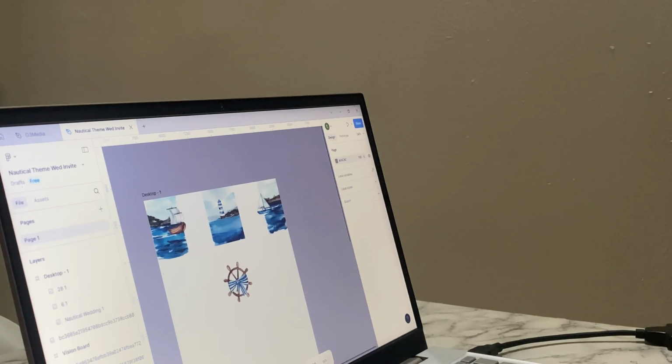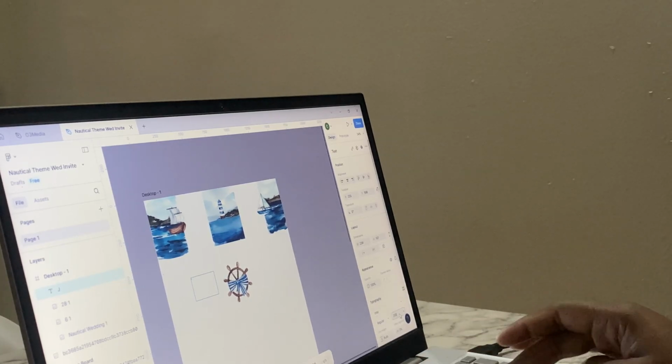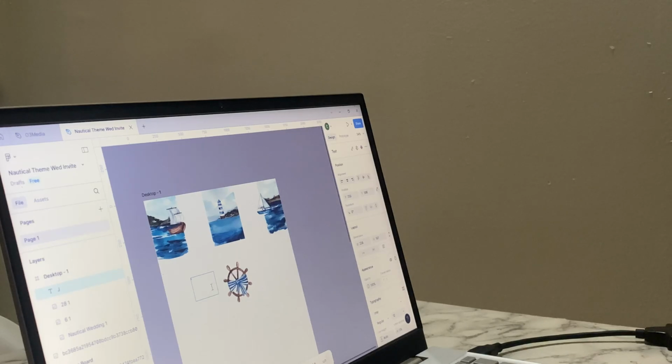So now I'm in Figma. This is the prototype tool that I use to create my designs, and then I would normally send them to my clients for them to approve or request adjustments and those sorts of things. And this is also where I would typically do my wireframing.